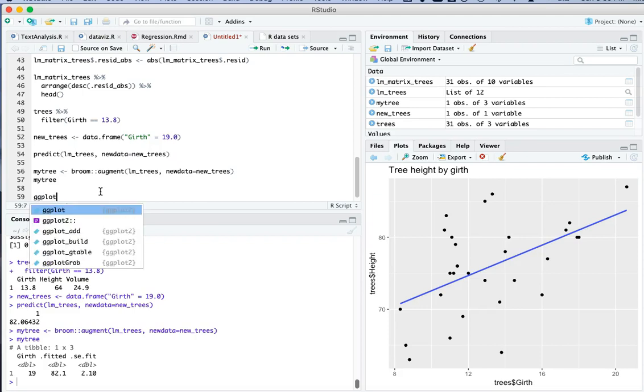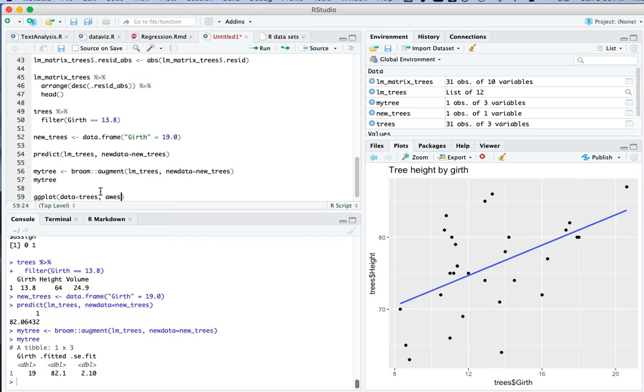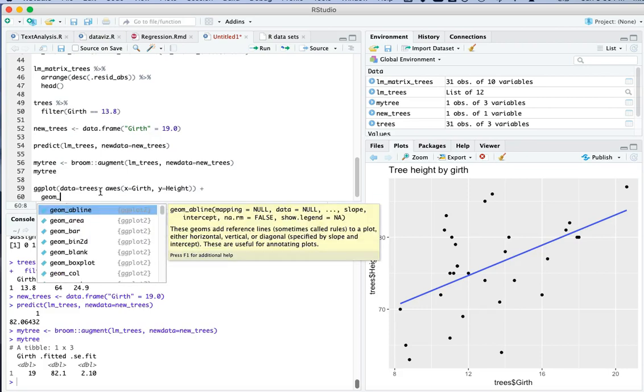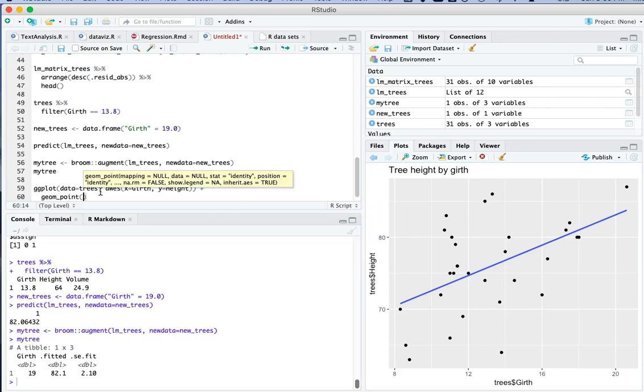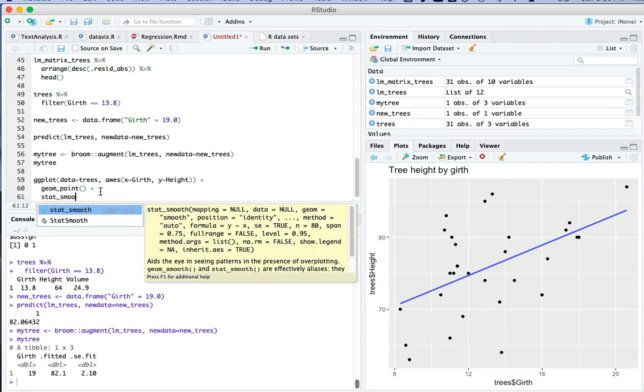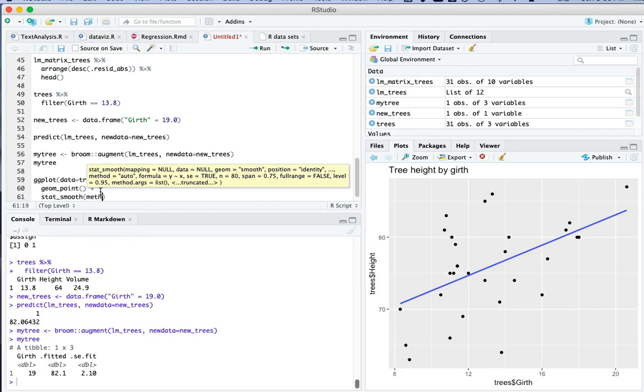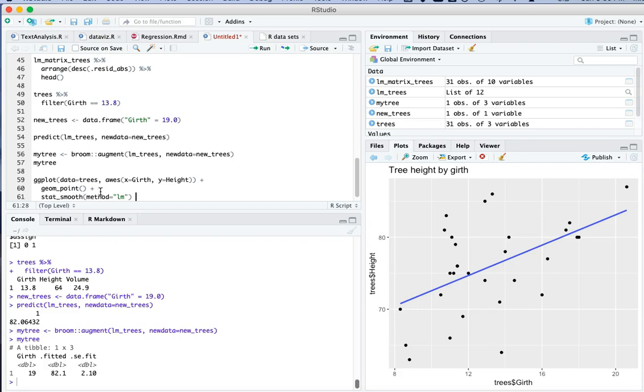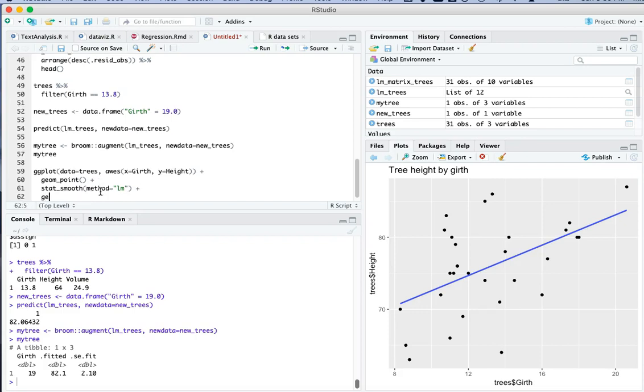So I'm going to call ggplot, and I'm going to pass data equals trees. On our aesthetic, x will be the girth, y will be the height, and then I'm going to add to that a point variable, and I'll add to that a stat smooth variable, and the method is lm, and we'll add to that another geom point,